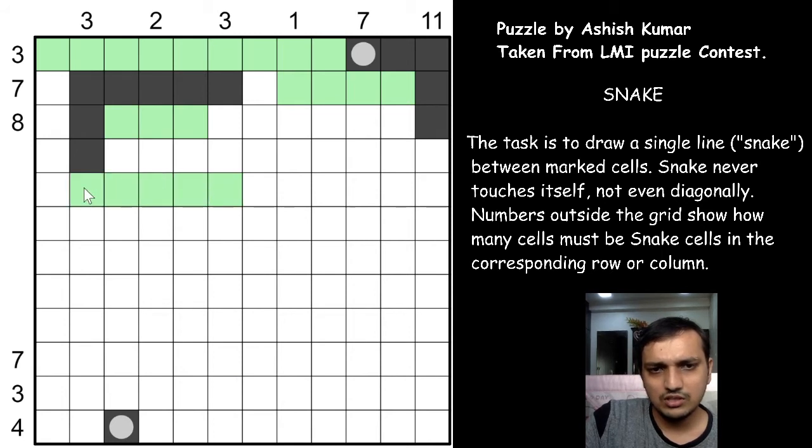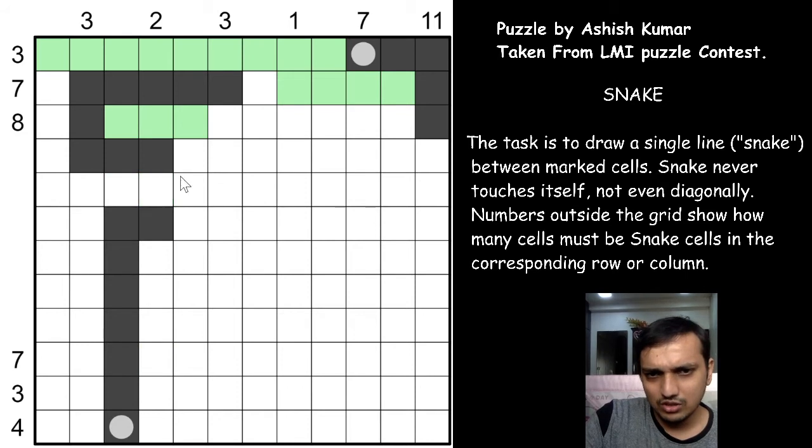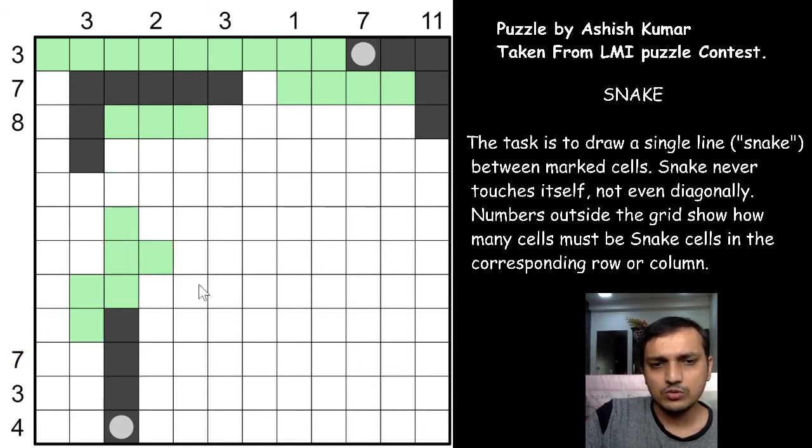So this is one of the possibility that can happen, and the other possibility is either this snake cell and this endpoint will meet, right, without going towards the right of the 2. So whenever they meet, they won't go till the 2. If they go till the 2, you will have minimum of 3 snake cells or 4 snake cells, this way or this way, and you will again contradict the 2. So to fulfill the 2, you can be sure that this is not a snake cell.